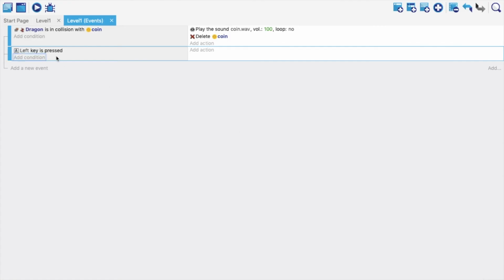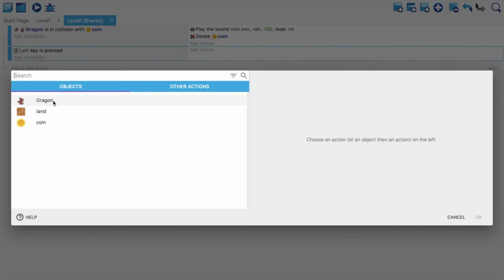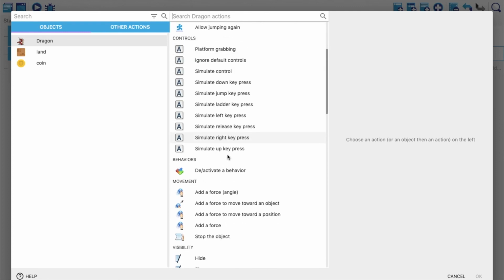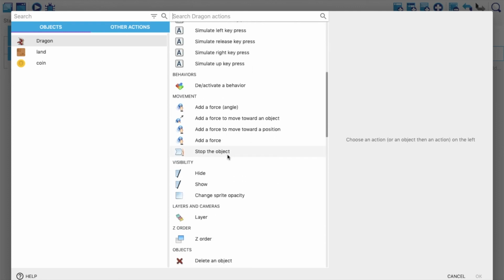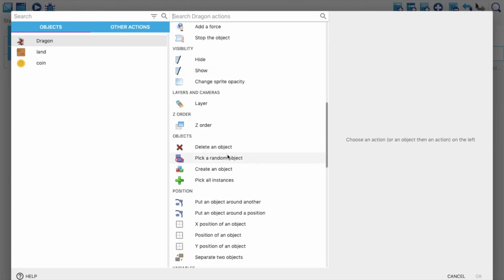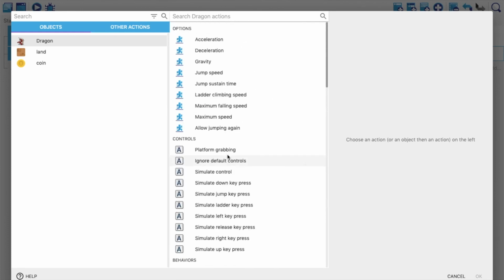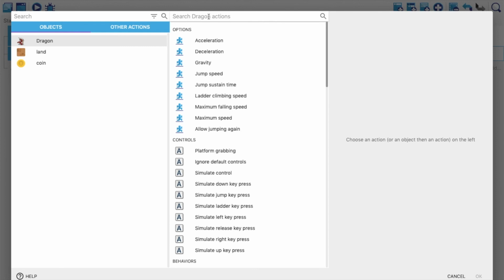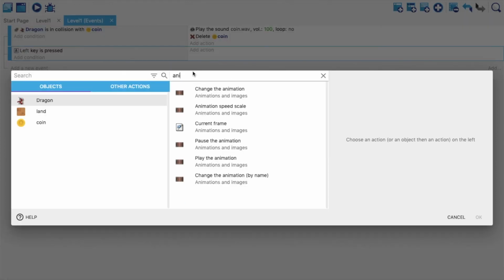So when the left arrow key is pressed, what should happen? The animation of the dragon, right? So I'm going to go to dragon. The animation of the dragon should change and go to the walk left one, that means the second one in our case. If you're not finding it, you can try searching over here. Yes, see, change the animation.